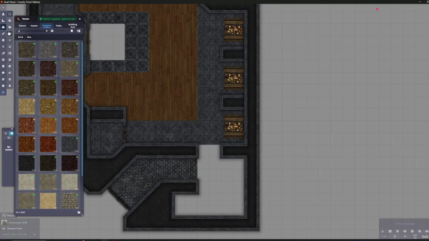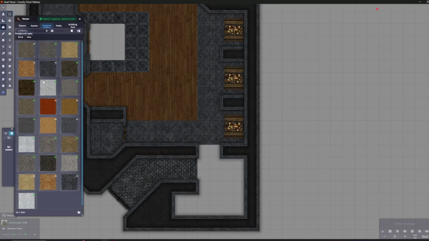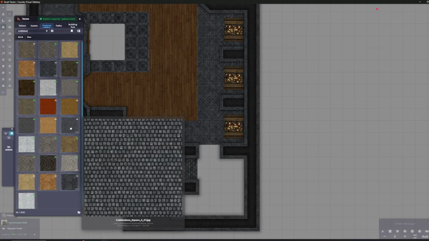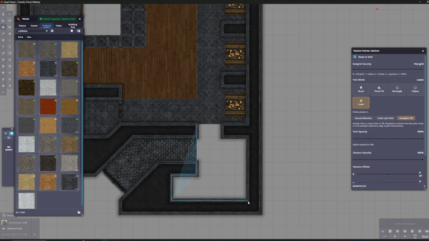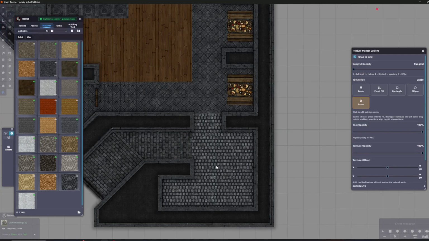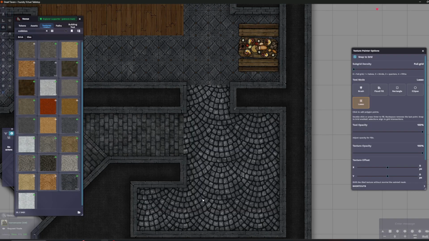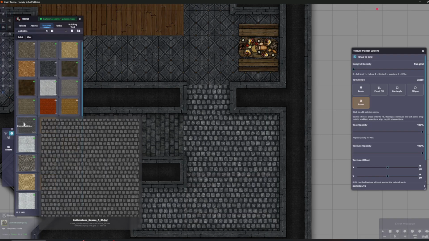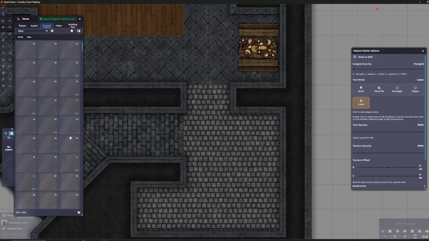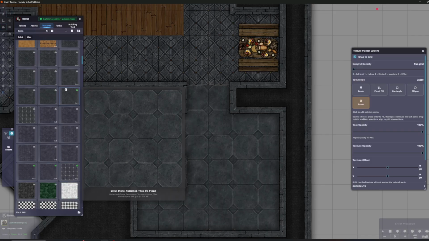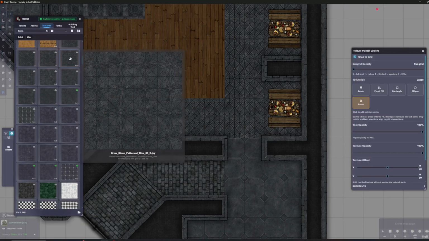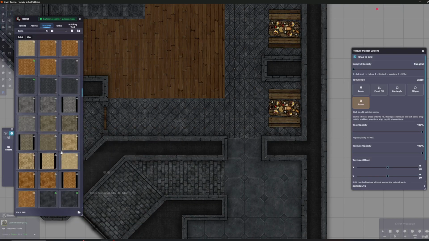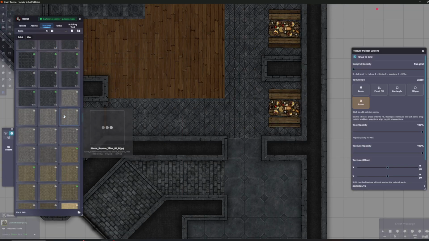let's see, is there a good cobblestone that we like? The rest of the room, we'll go back down to 0.5. That's one thing you'll want to remember, is adjust your elevations back to what they were. And do we like that, or do we want to change that? Let's see, tiles. Yeah, we'll go with that. Or is it too much? These are things I often ask myself. So let's do,